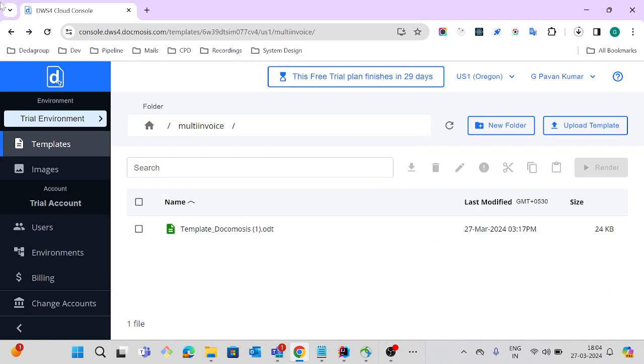Hi everyone. So we are going with the Docmosis. Docmosis is a platform to convert the template in the Word format to a PDF, where we can add the dynamic field values. And so getting started with the Docmosis, we have taken a free trial. Actually, it's a community paid version. So we have taken a trial version over this, and